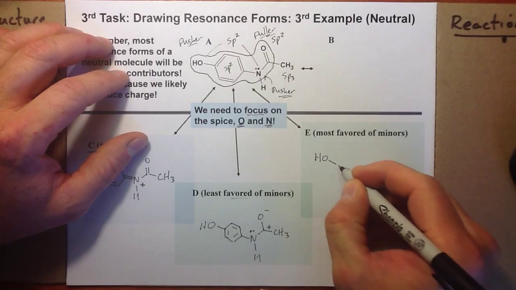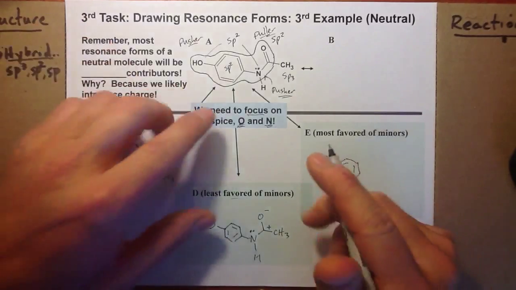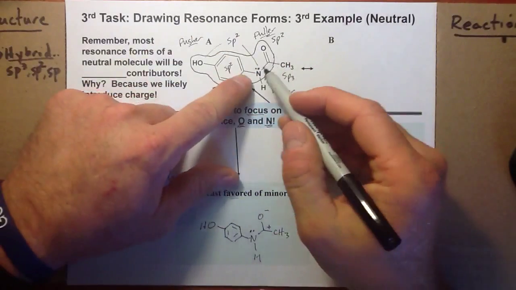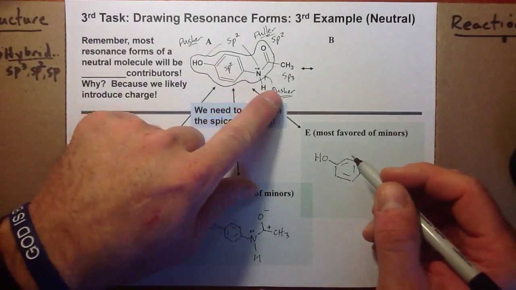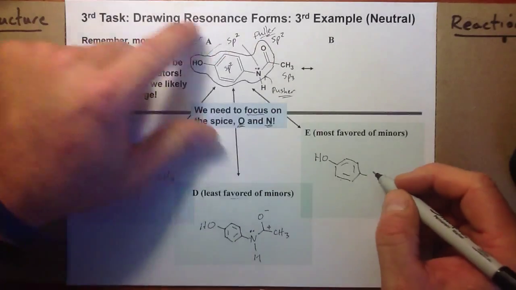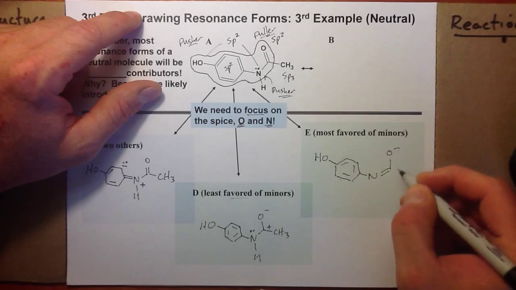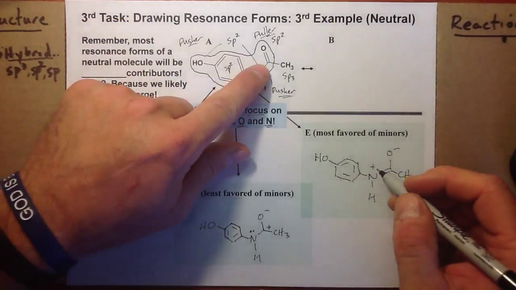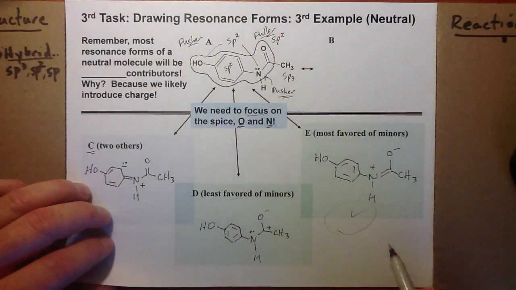So what we can do, and this is what you often want to do with neutral structures, is tether the polar to the pusher. In other words, use them both together. So we had the pole effect. That was the least favorite of the minors, but let's just put the push and the pole together. So the lone pair is going to come down while this pi bond is coming up, or pi electrons are coming up. So we have the effect of the push and the pull together to give us our most favored minor resonance